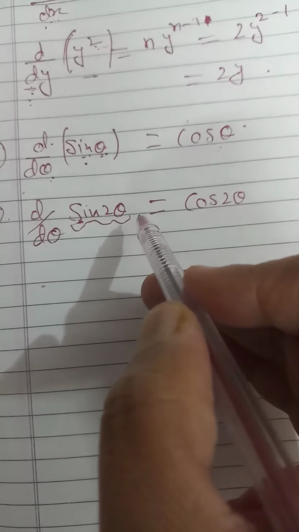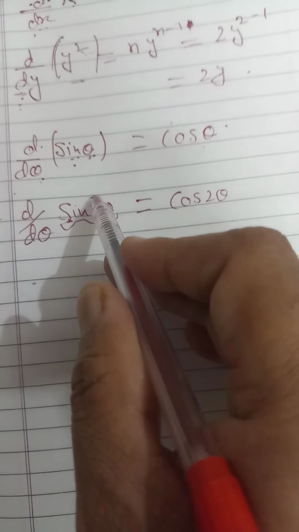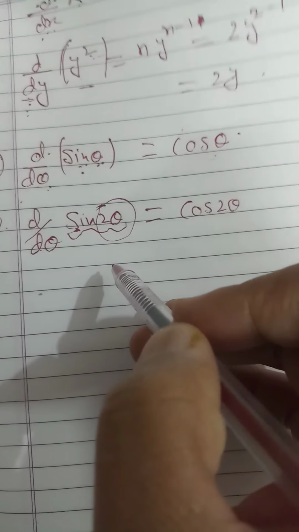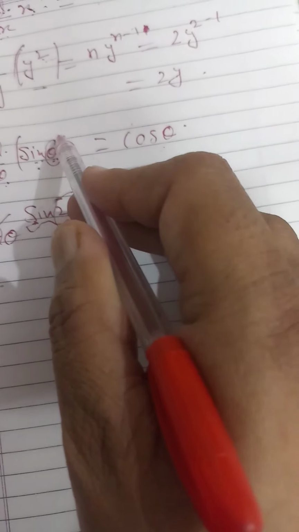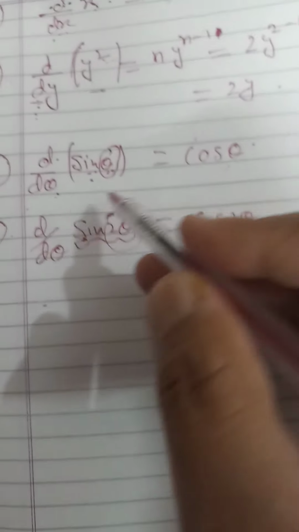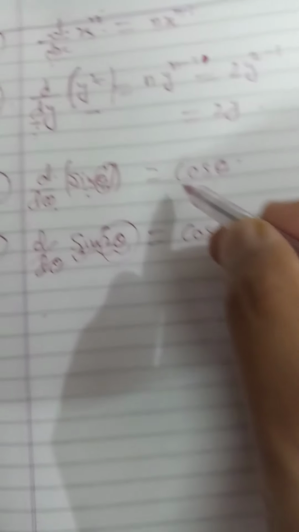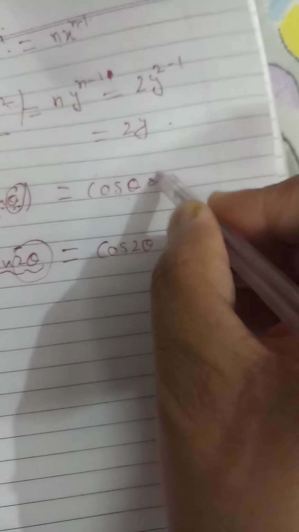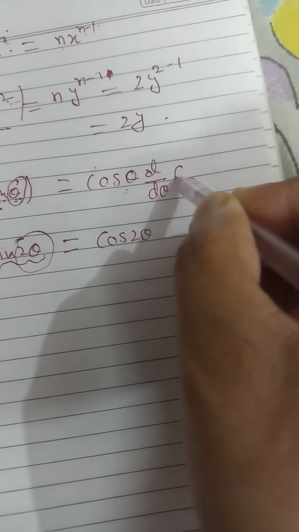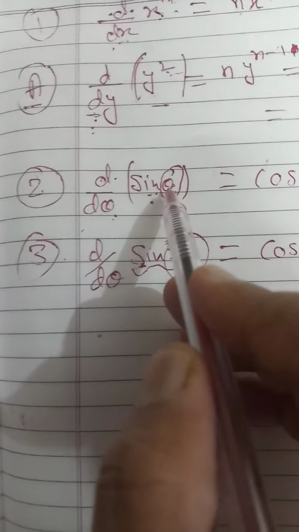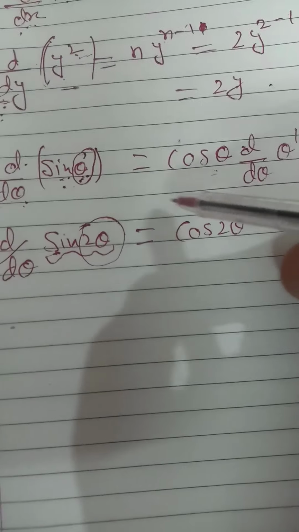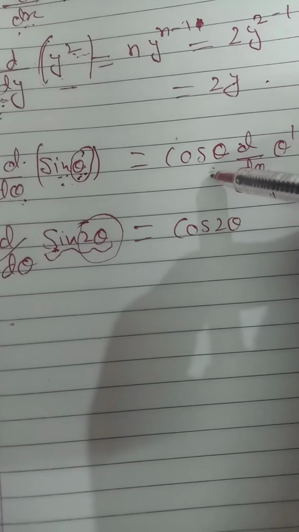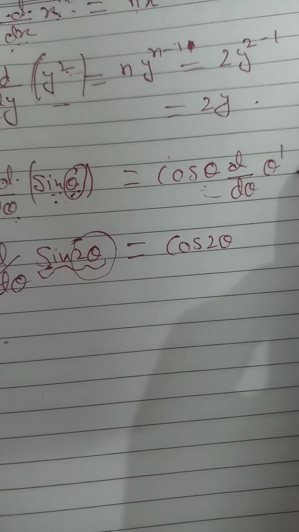But this is the basic term which we have to differentiate again. Here also I have differentiated theta. Don't think I have not differentiated theta here. But what happened? After cos theta, if I write in product form, basically it has to be written like this: d by d theta of theta to the power 1, because here theta to the power 1 is there, nothing else. So the complete formula is: d by d theta of sine theta is cos theta, d by d theta of theta to the power 1.